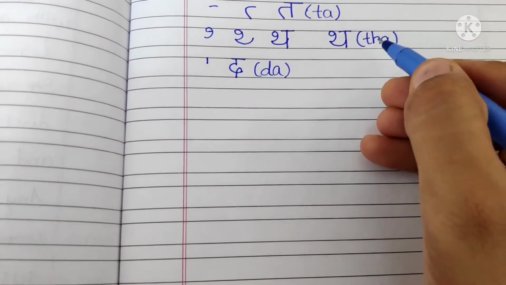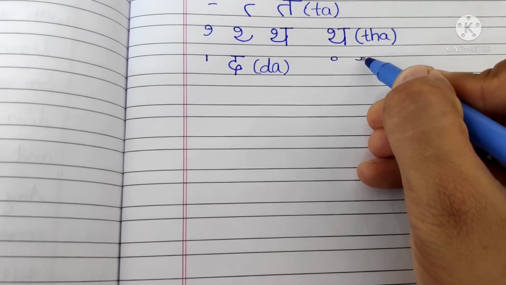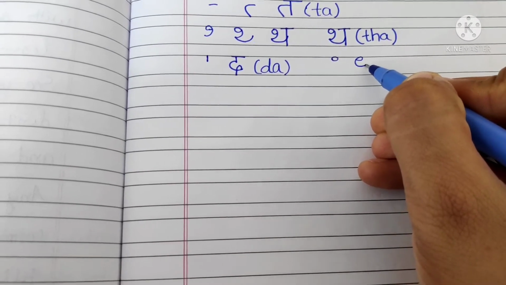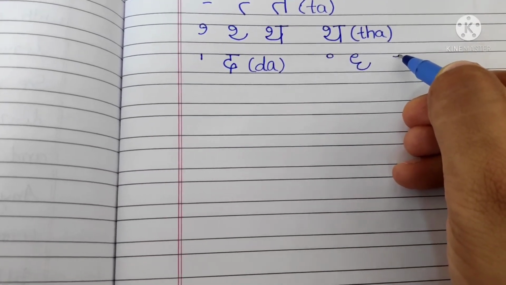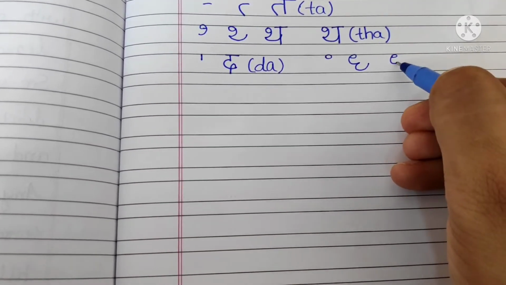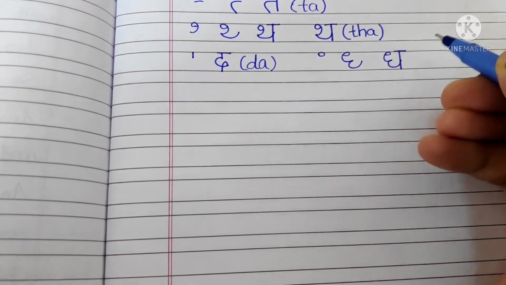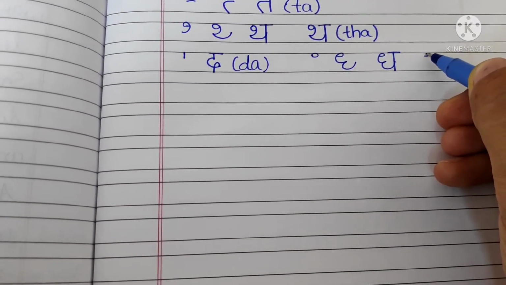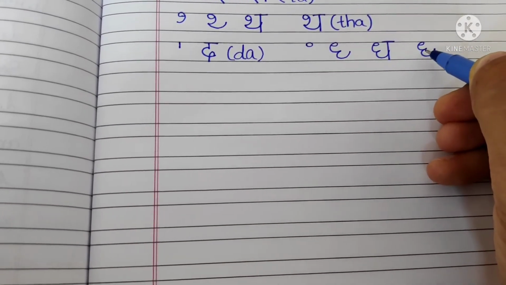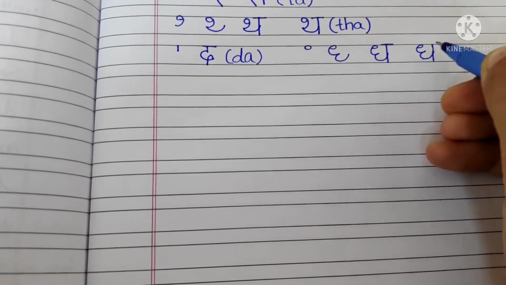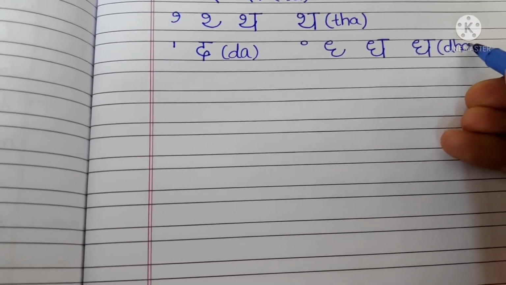Next alphabet comes the. So how can we write the? Look, first make a little circle, again a little circle, and then turn like this, and then make a curve like this. Again repeat, little circle, then turn like this, then again curve, and then standing line, and then sleeping line. So this is our the. One more time I am writing, please see. This circle, curve, then standing line, and then sleeping line. So this is the alphabet in Hindi.